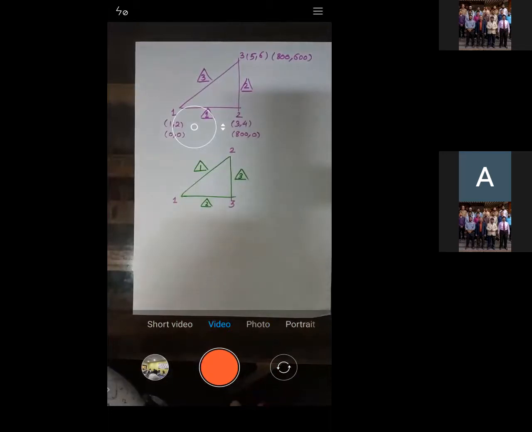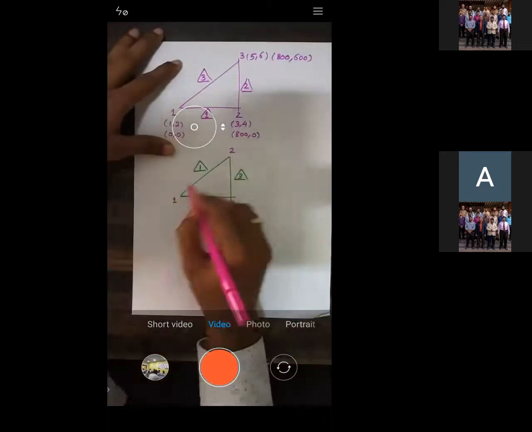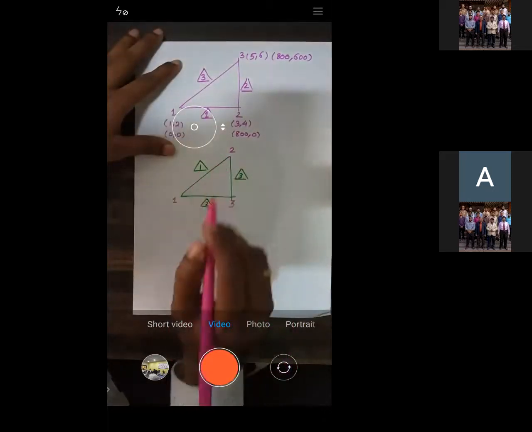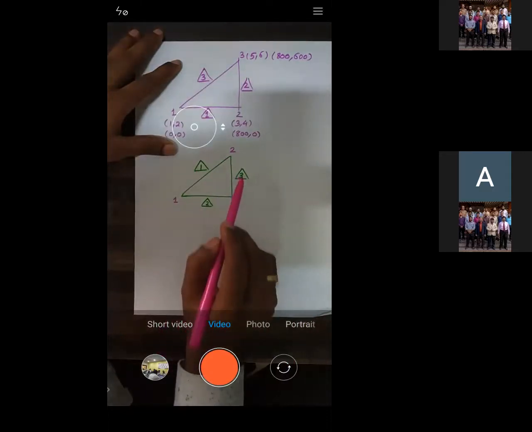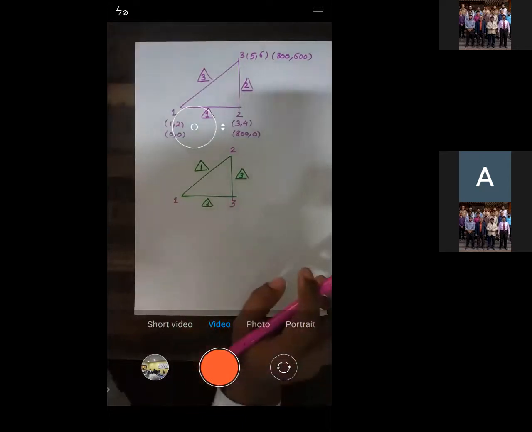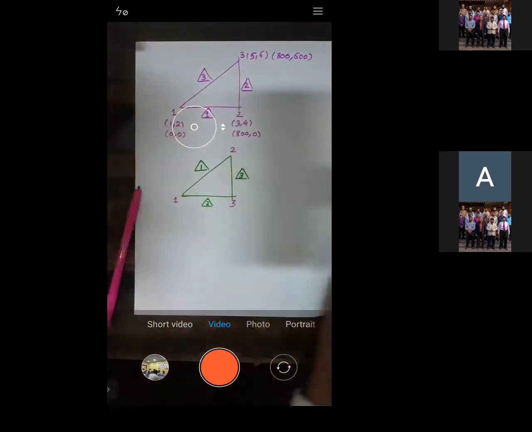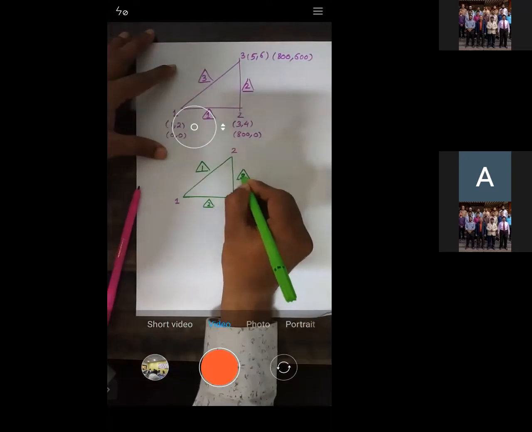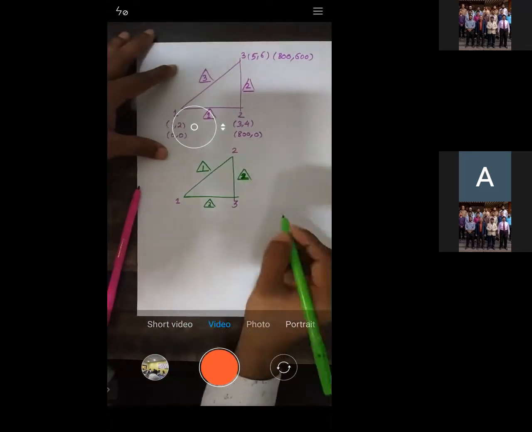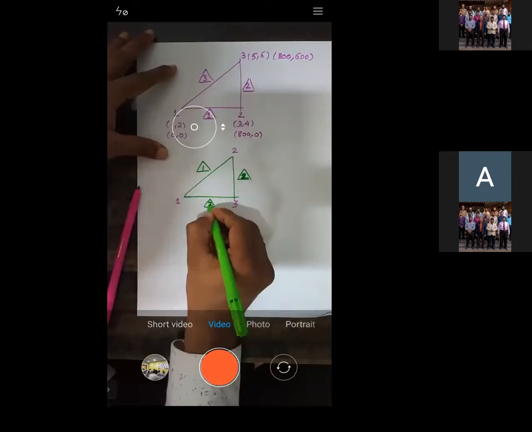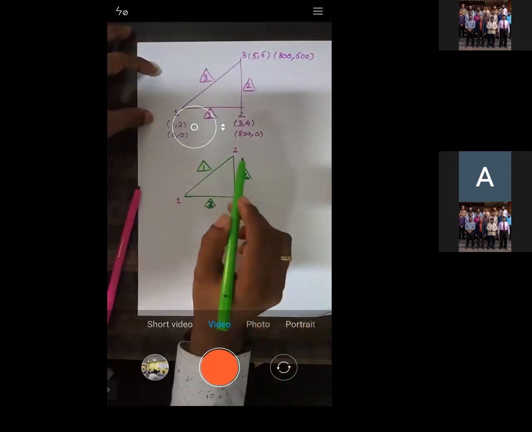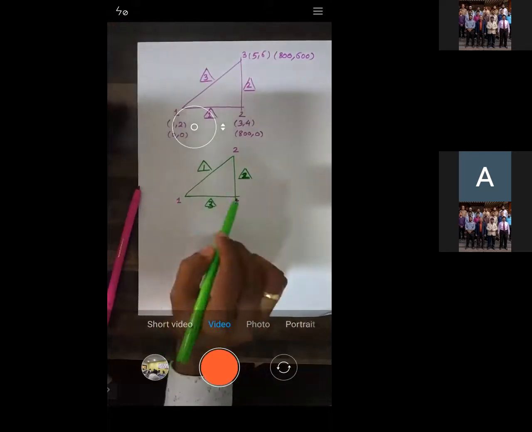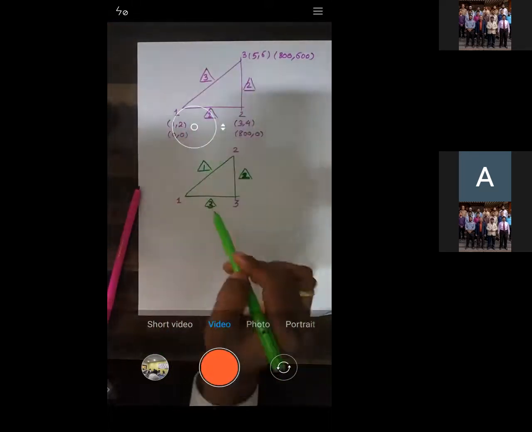Right? If you want to have a different setup, that also we can do. Now if you see, element number 1 is between nodes 1, 2. Element number 2 is now between 1, 3. And element number 3 is between 2, 3, right? In that way. If you want to change this to element number 2, not a problem. This becomes element number 2, and this becomes element number 3. Then element number 1 is between 1, 2, element number 2 between 2, 3, and element number 3 between 1, 3.